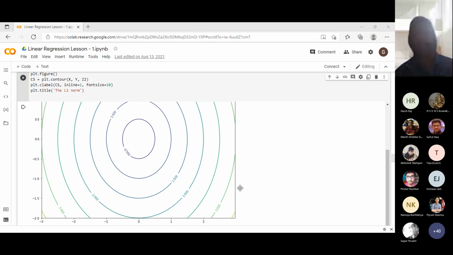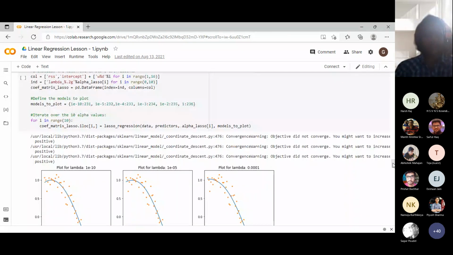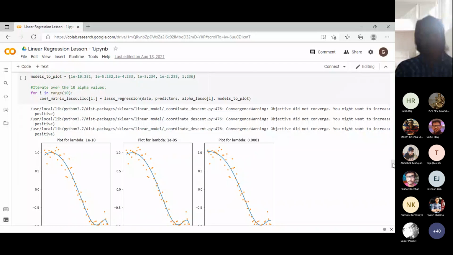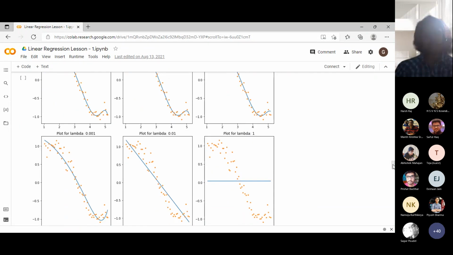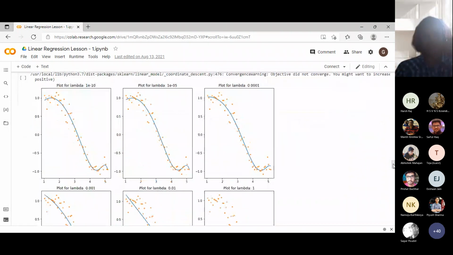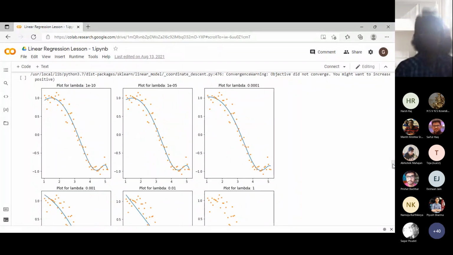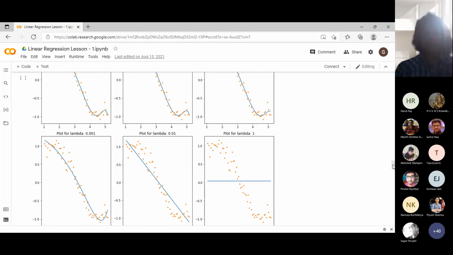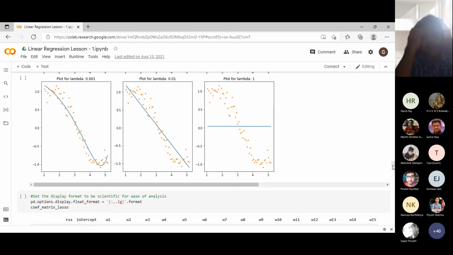Now, what is the implication of one norm with respect to the other? At least in the case of a simple linear regression versus the ridge regression versus the lasso, let's look at them. So this lambda is the weightage associated with the regularizer. And this is the case when your regularizer is the L1 norm regularizer. So as your weightage to the regularizer increases, you'll find that the model from being a non-linear regression becomes increasingly linear, in fact becomes dumb and flat for very large values of lambda.